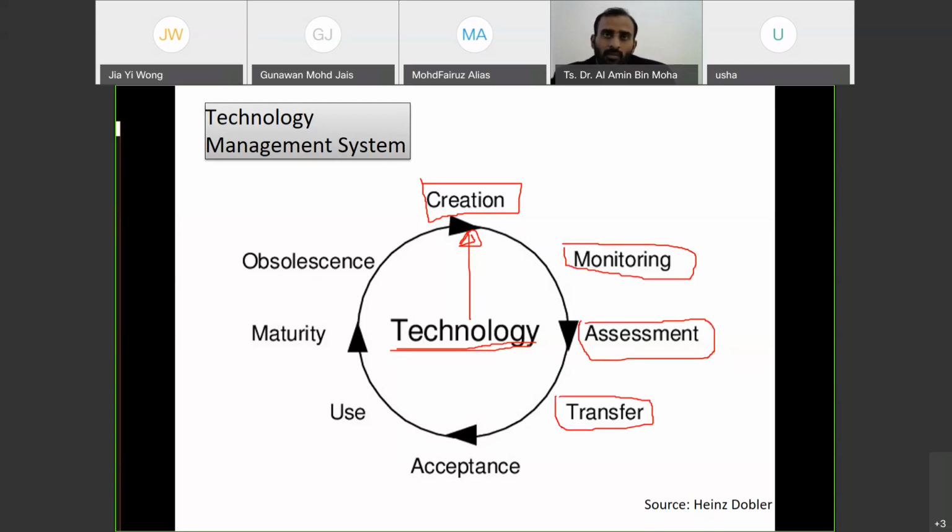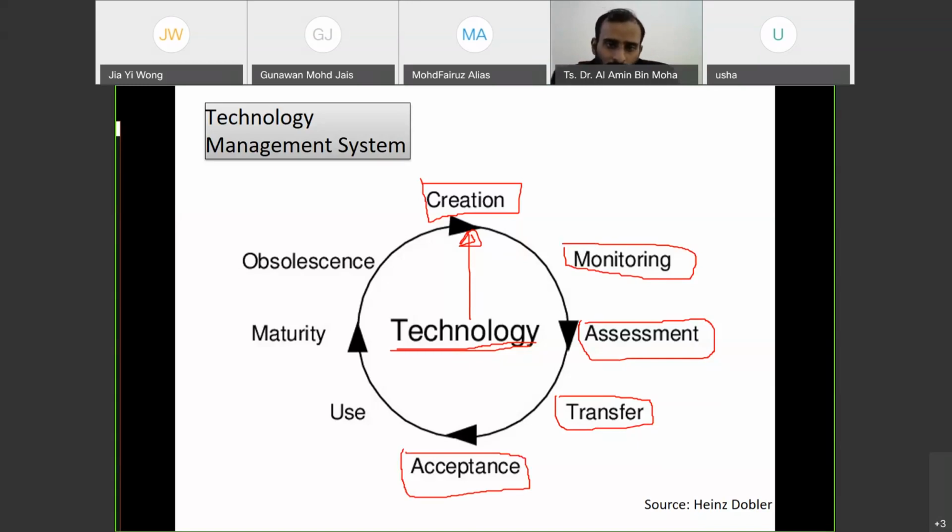So our government is talking about knowledge transfer. The engagement of academia and industry should be strengthened, so technology transfer can happen. Even the government is pushing all the academia, the lecturers, the academic bodies to go to the ground, to the people, to transfer the knowledge. So this is the kind of thing where we have certain knowledge, and it can be technology itself that we want to transfer. So this is a similar system. You transfer and then there is acceptance, meaning that the technology is accepted, is up to the level.